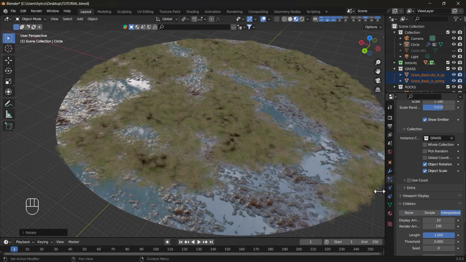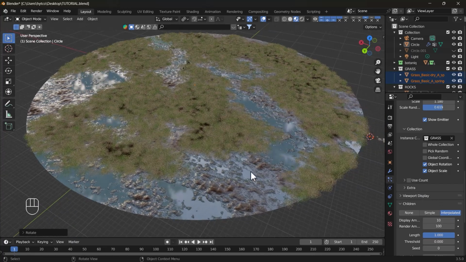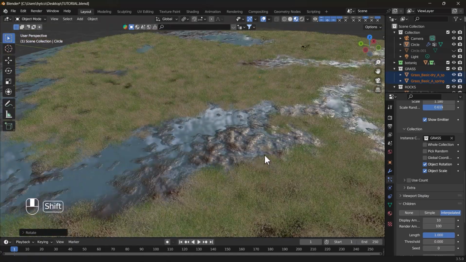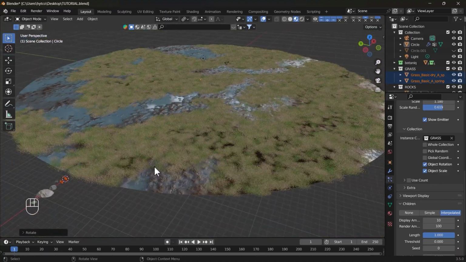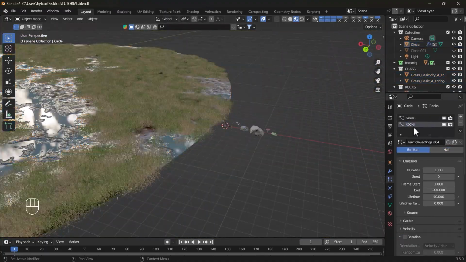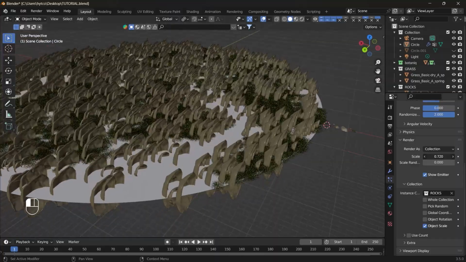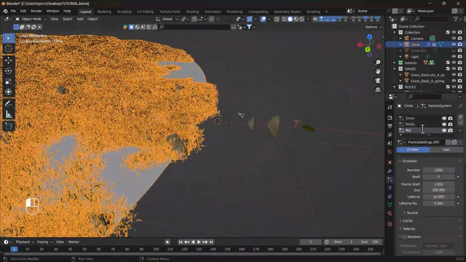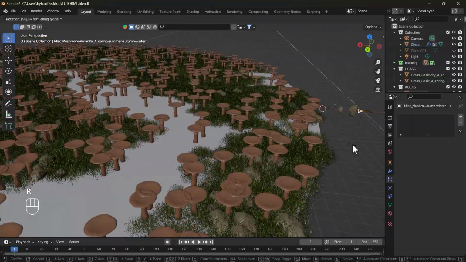And again, remember that if you love your PC, just don't go crazy with the count. Okay, so similarly, just like this, we'll now add our other assets. I'll make it fast forward, but don't worry. If you did this previous step, then you'll understand what I'll be doing, and I'll keep talking to you in the fast forward play. Okay, so here we go.